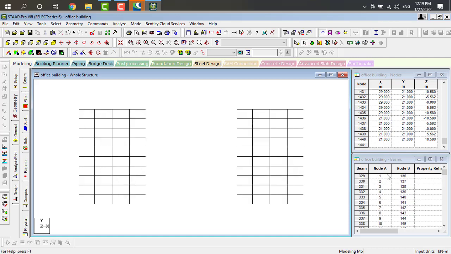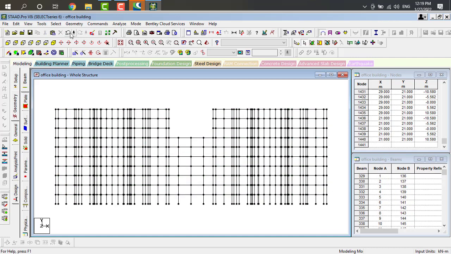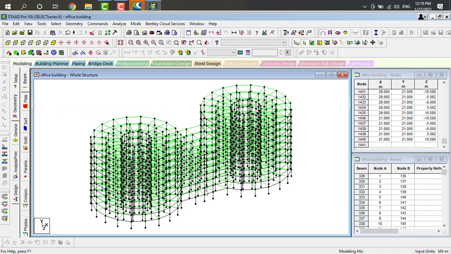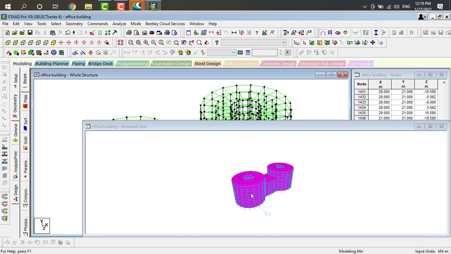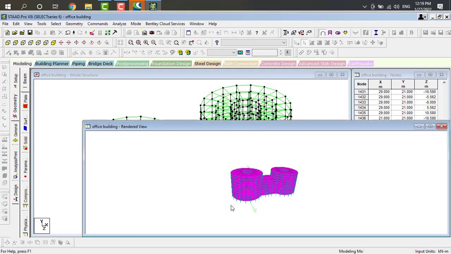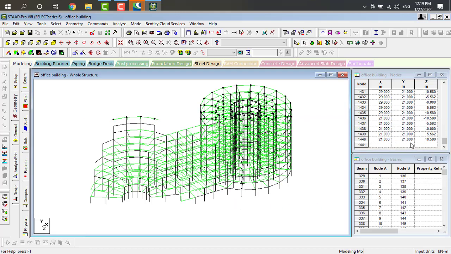Here you have to observe the beams are deleted like this. Again, just observe this in 3D rendering view. Yes, it will be completed.